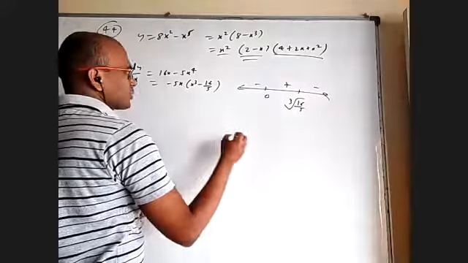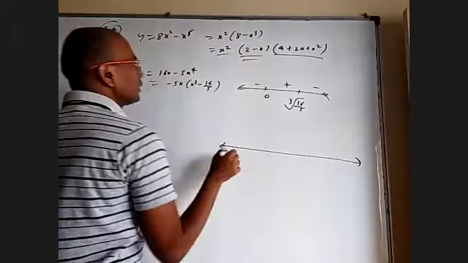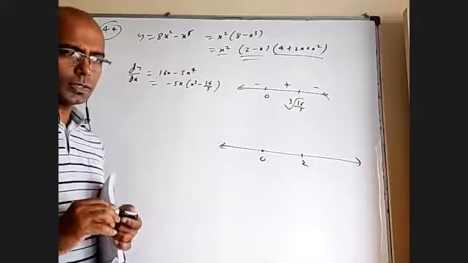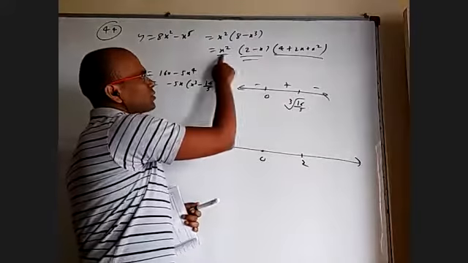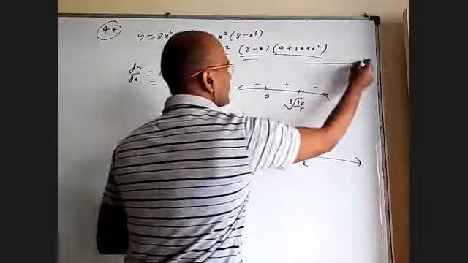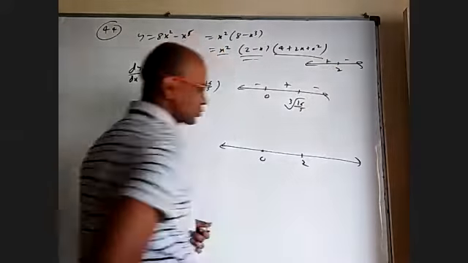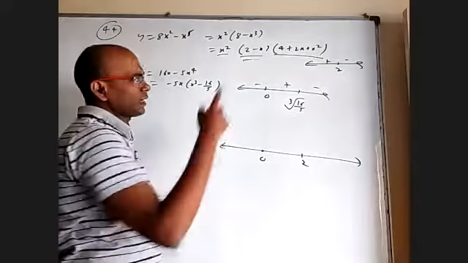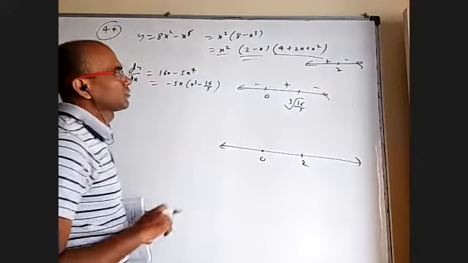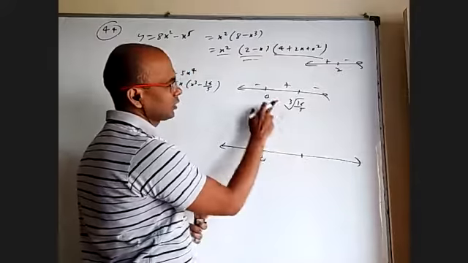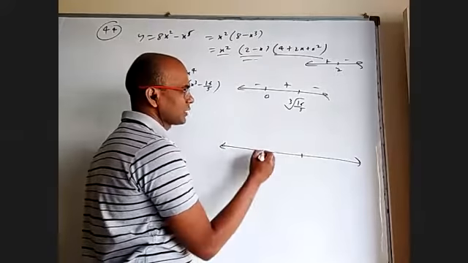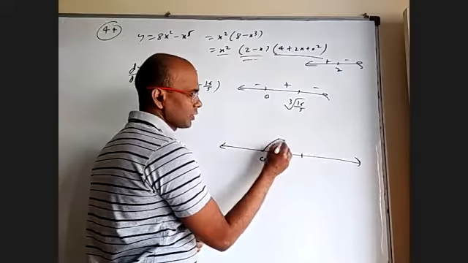Coming to the original function, at 0 it is 0, at 2 also it is 0, but the sign will depend only after 2. This is always positive, this is always positive. Here after 2 it is negative actually. After 2 negative, before 2 positive. At infinity the limit is minus infinity. At minus infinity the limit is plus infinity. So after 2 it is negative, and after cube root 16 by 5 it is decreasing. So from 0 it increases, at 2 it is 0, then it decreases like this.